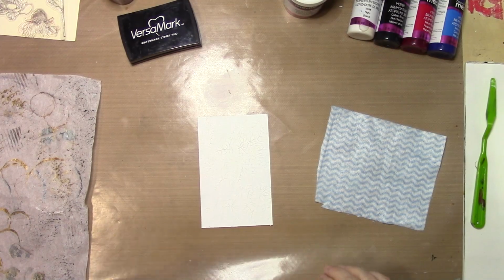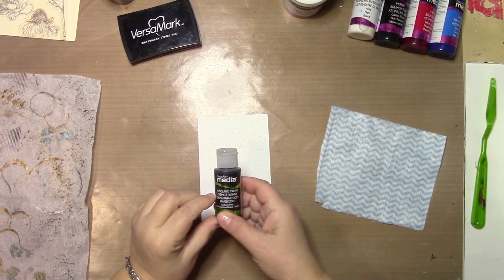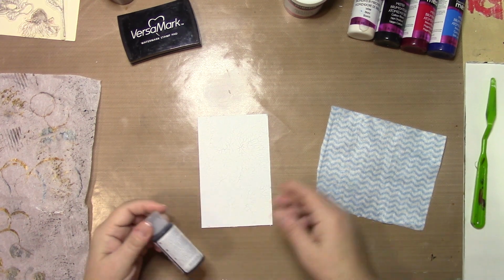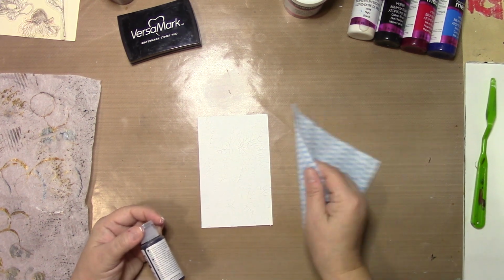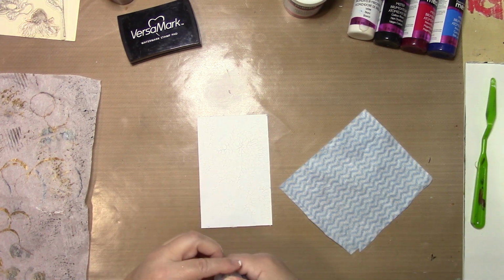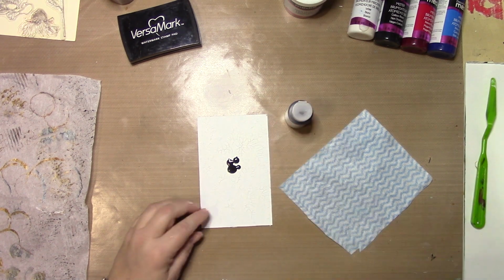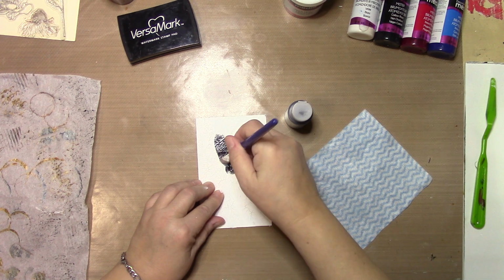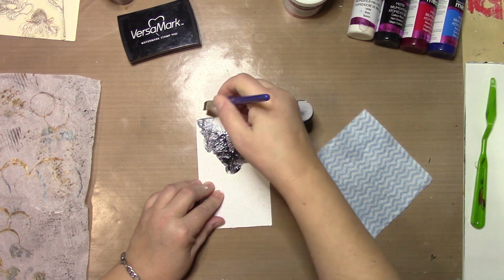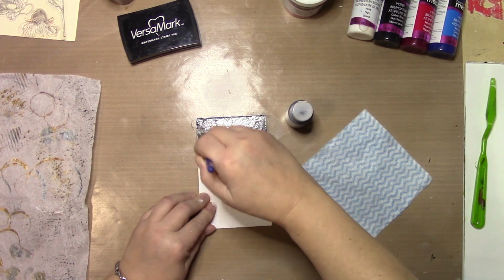So the first thing I'm going to do is put on some Decor Media Antique and Cream, the Carbon Black. Now this is non-permanent, so I'm going to paint it on, let it dry, then wipe off the excess, and it's for non-porous surfaces. Then you can seal it. I'm just going to put a little bit on first, and what I want to do is this is going to sink into the cracks. But if you're not using anything that's cracked, that's fine. If you have crackle product, you can do this with